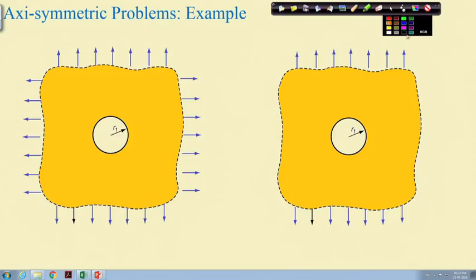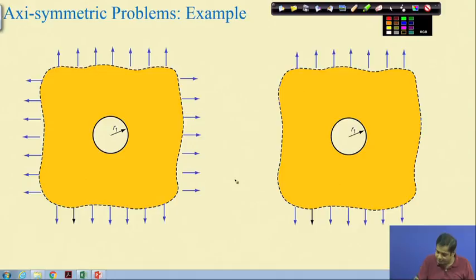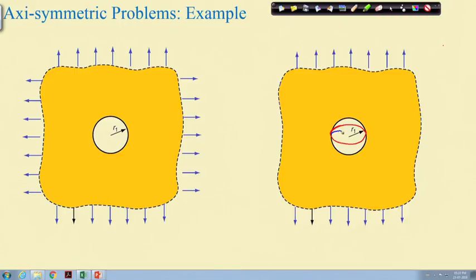Consider a problem like this. Just before stopping, take the same problem. Suppose this problem is an infinite plate with a circular hole. Suppose this hole is not a circular hole. What happens if this hole is an elliptical hole? For a circular hole we will find the solution, but suppose the hole is an elliptical hole, or suppose the hole is elliptical but the minor axis is very small,